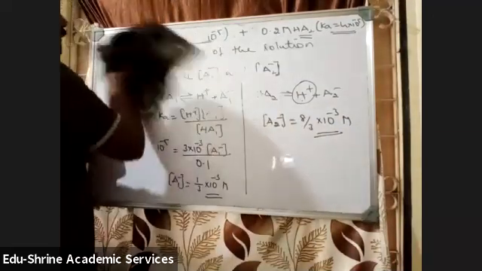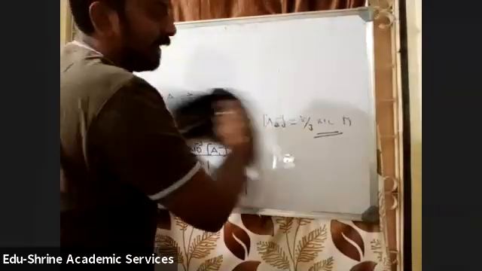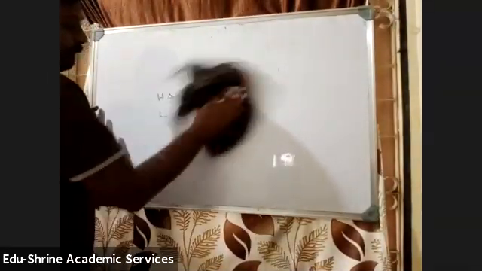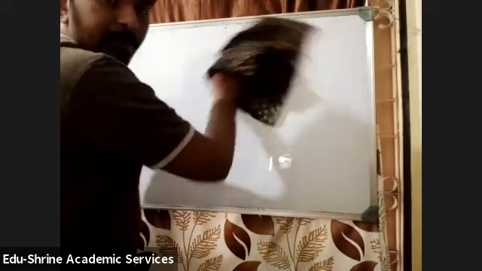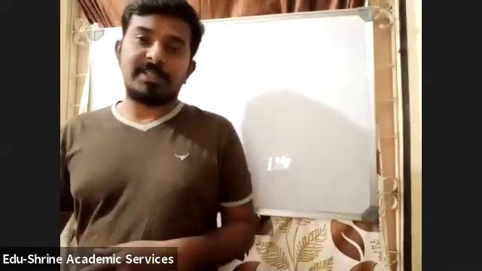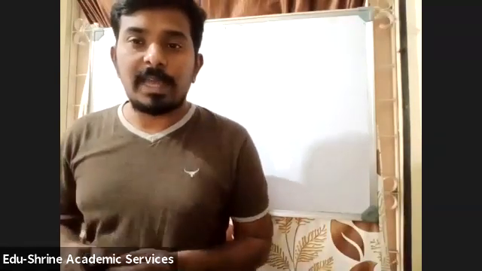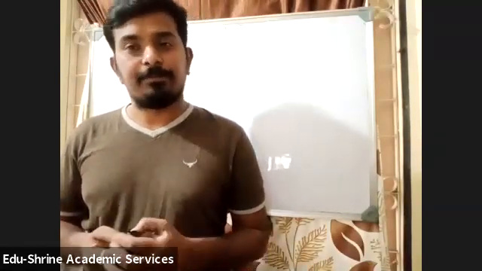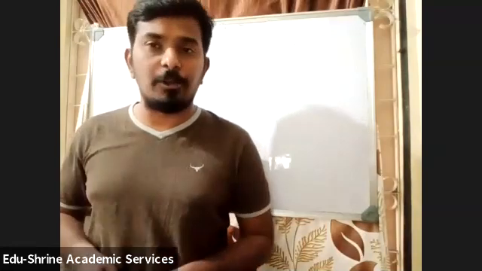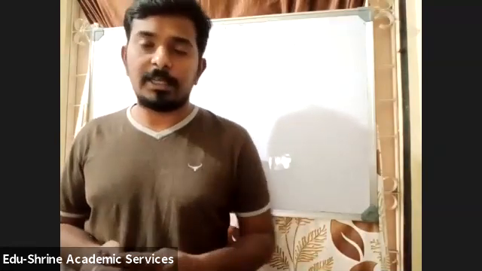So this is the mixture of weak acids and weak bases. Mixture of weak acids and weak bases. Should we calculate alpha for the second solution? Not required. Directly you can take H because both are weak. When both are weak, no need to take it.